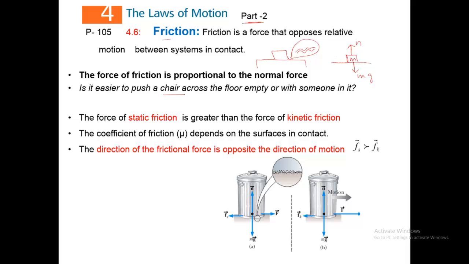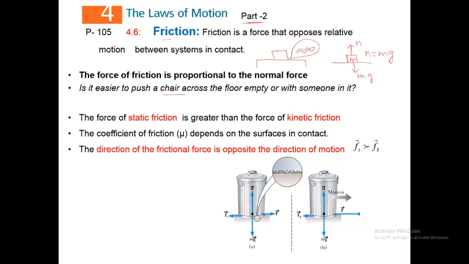Why? Because mg is increasing. You are putting some more mass of that person on the chair, and the normal force is equal to mass multiplied by the acceleration due to gravity. So the force of friction will be